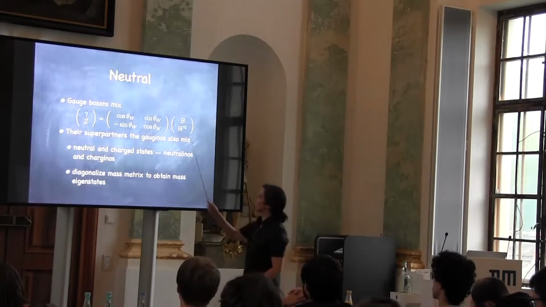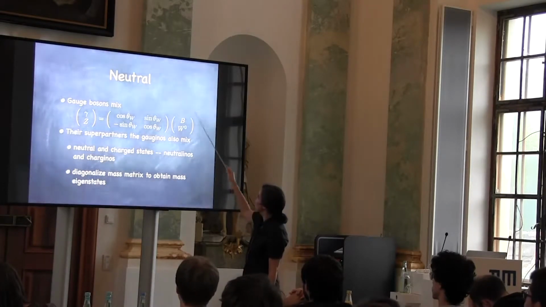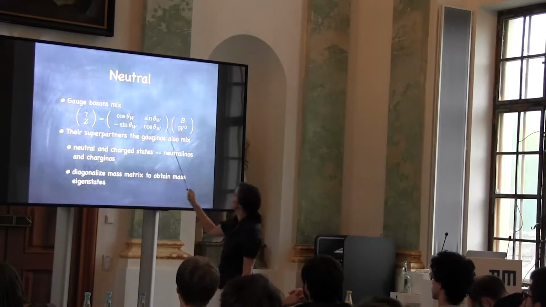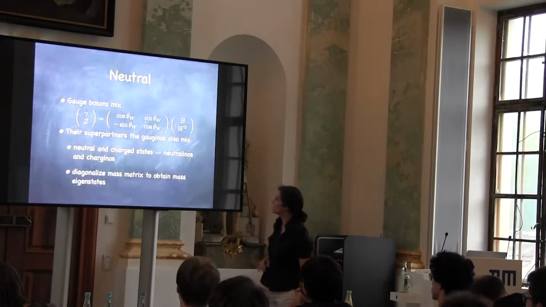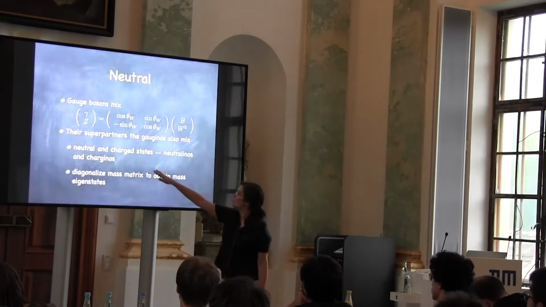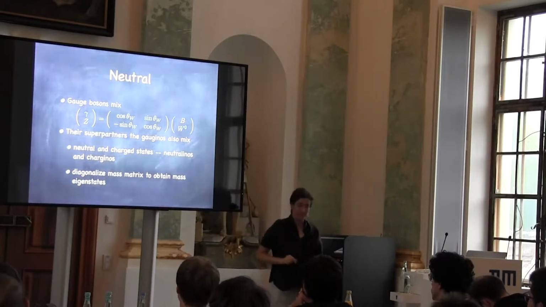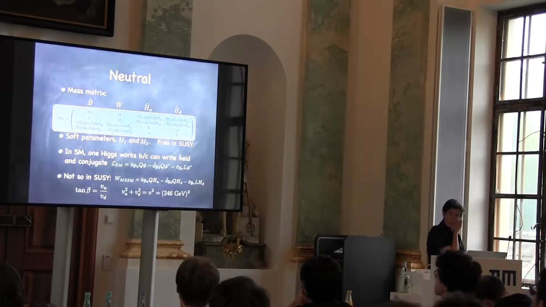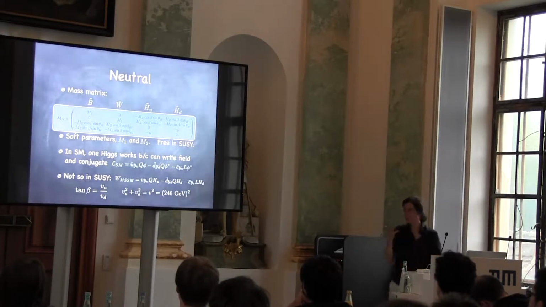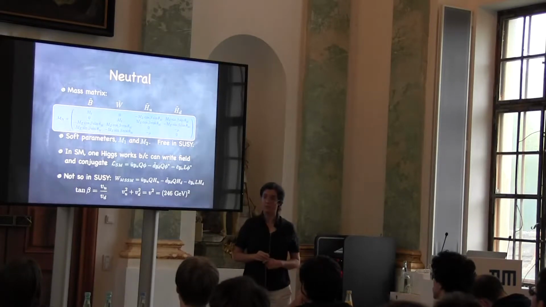So we know in the standard model that if you want to take the electroweak eigenstates and turn them into the mass eigenstates, there's some mixing matrix that describes that. So there are superpartners, the gauginos, which also mix. And there are going to be neutral and charged states associated with the superpartners of these states, and you diagonalize the mass matrix to obtain the mass eigenstates. So for the neutral states in supersymmetry, in the minimal supersymmetric standard model, this is what the mass matrix looks